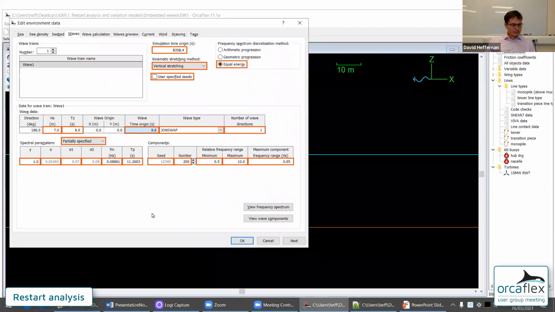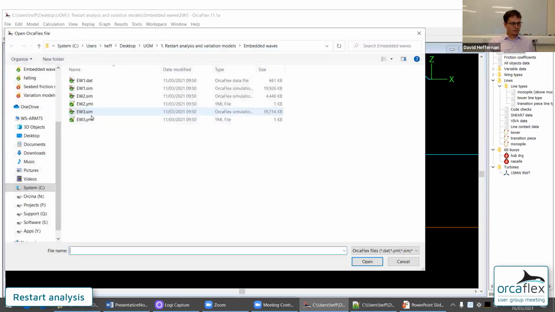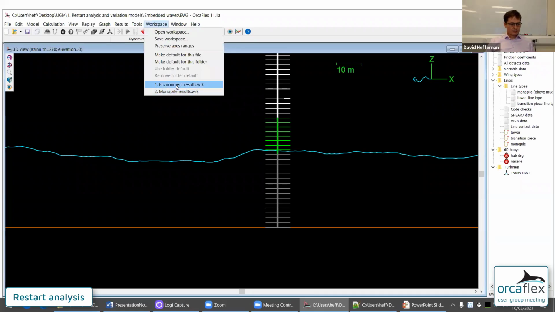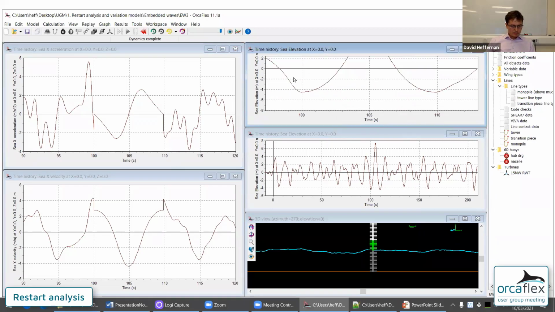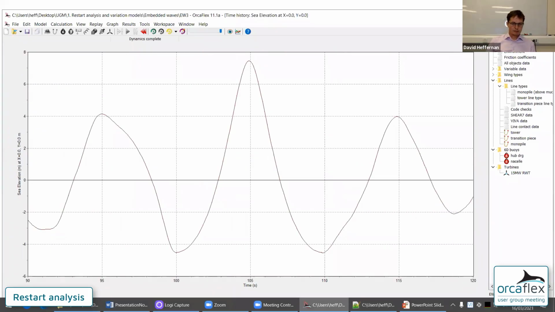That gives us the opportunity to achieve close to continuity, at least in elevation. That shift is achieved here, with this 9.8 wave time origin. We've restored the original simulation time origin, and we've applied an extra time origin shift on the wave. Once you get your head around how to do it, it's actually quite nifty, and not that difficult. When I look at the results, this is the overall wave elevation, zoomed in a bit. If I look closely, I can see a slight discontinuity, but these troughs match pretty well.